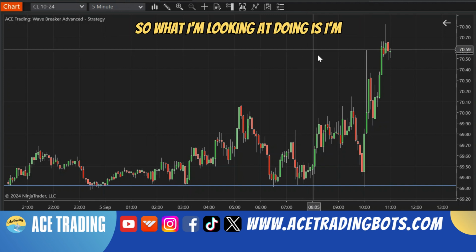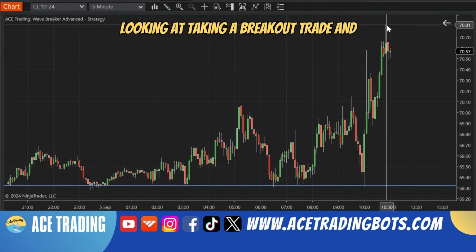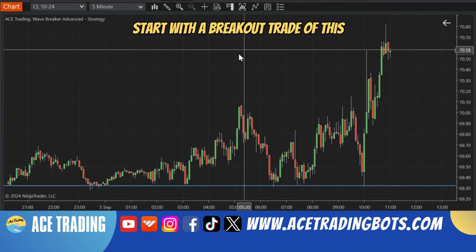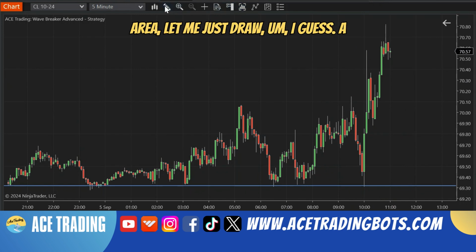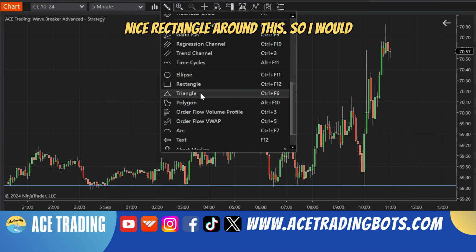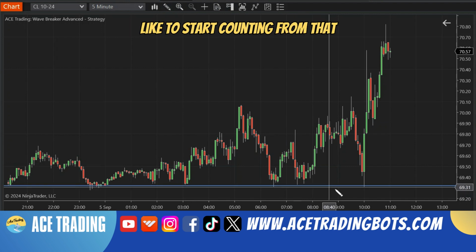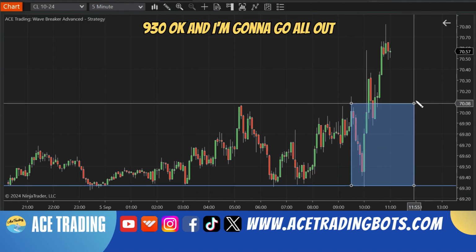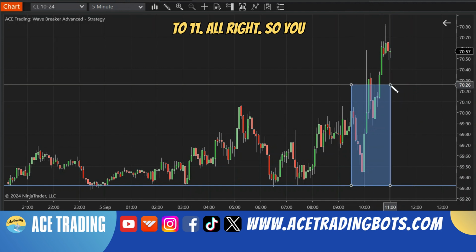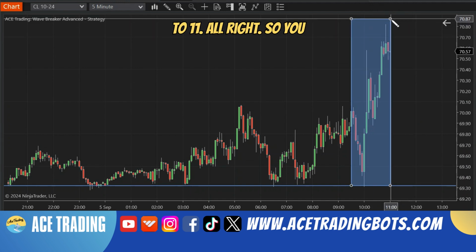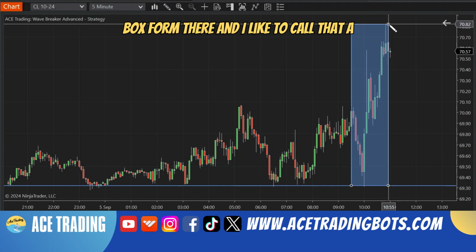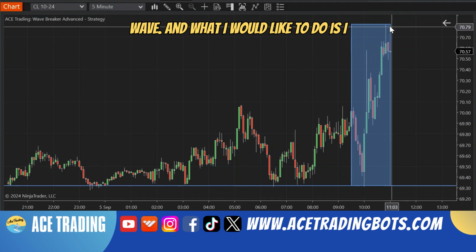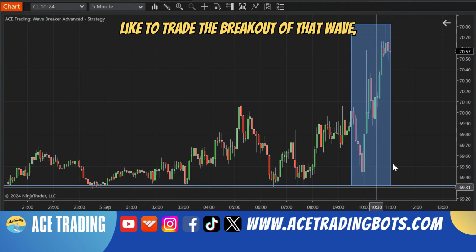So what I'm looking at doing is taking a breakout trade, and start with a breakout trade of this particular area here. Let me just draw a nice rectangle around this. I would like to start counting from about 9:30, and I'm going to go all the way out to 11. You can see here there would be a nice little box formed there, and I like to call that a wave. I like to trade the breakout of that wave,